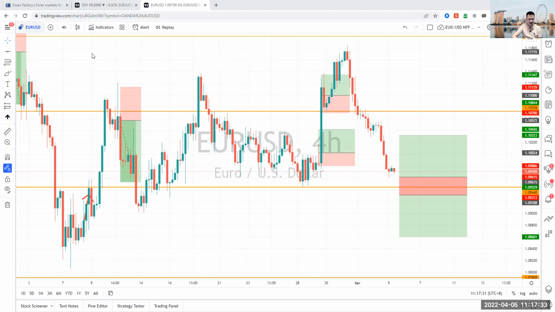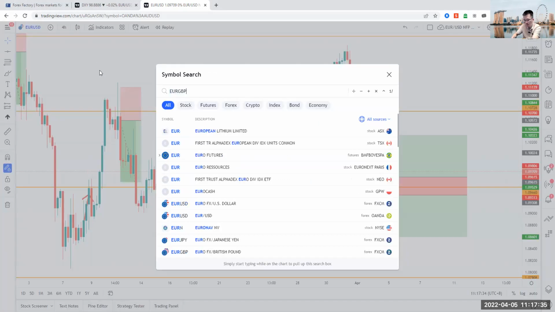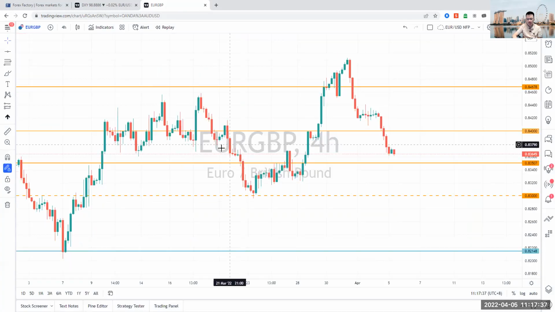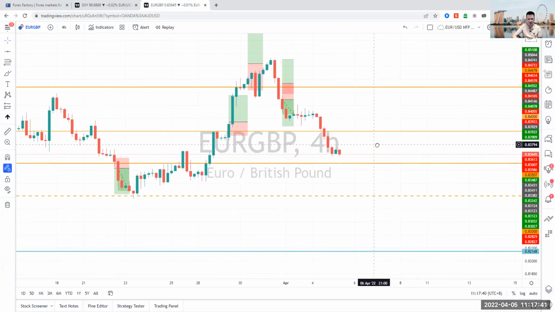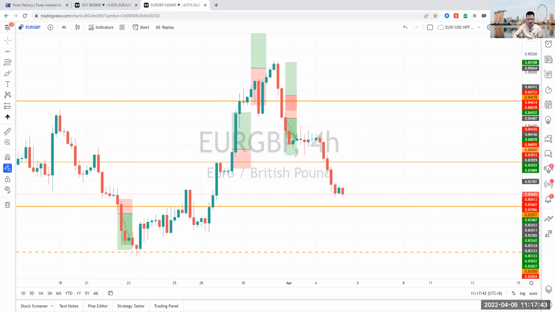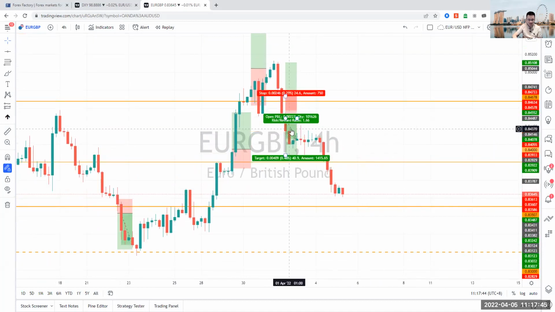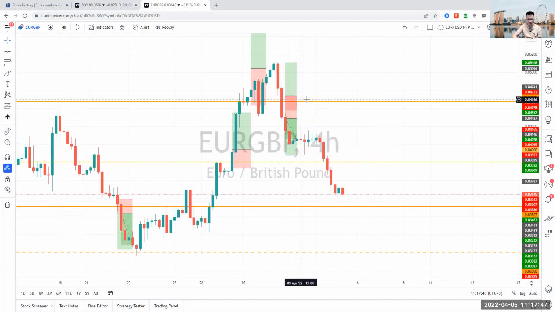Okay, so with that said, checking out the euro pound. Same thing, it's been moving quite similar to the euro dollar. The last time we spoke about it, we were talking about, again, both that upside and downside potential. So we take that away. We sold that down towards that support of 0.8399 or 0.84. It's broken that point right now.